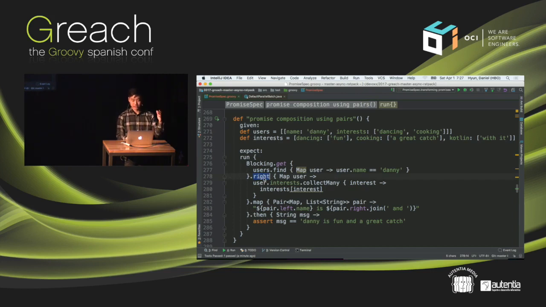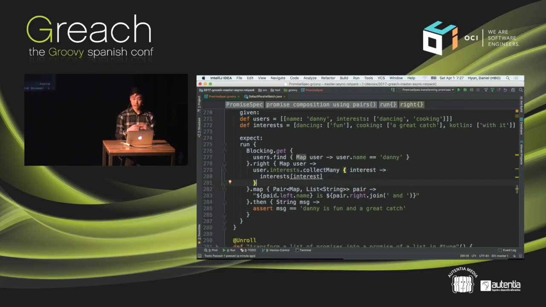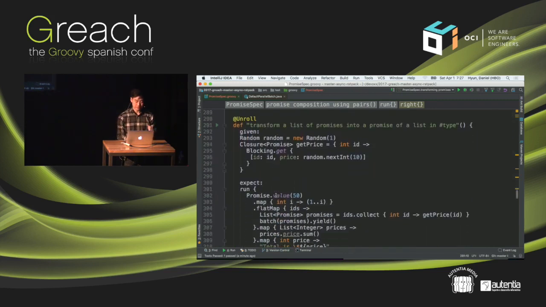By invoking .write on a promise, as an example, produces a pair that gets consumed here. So what we end up doing is we produce something, and then once that value is computed, we produce a pair value here. The left object is what came from blocking, and the right side is what came from here. So this is just another contrived example of how we can work with tuples to a limited degree.